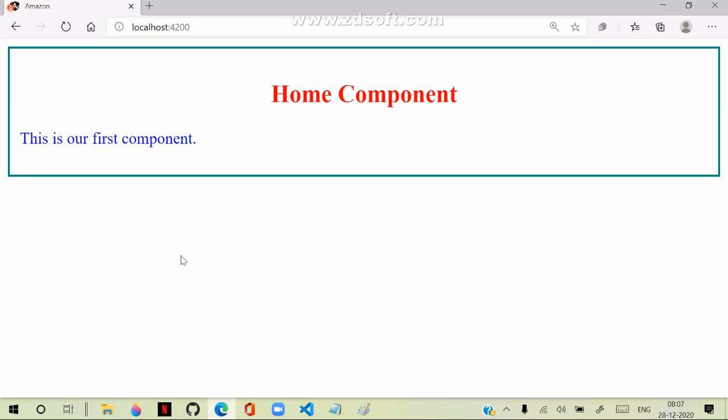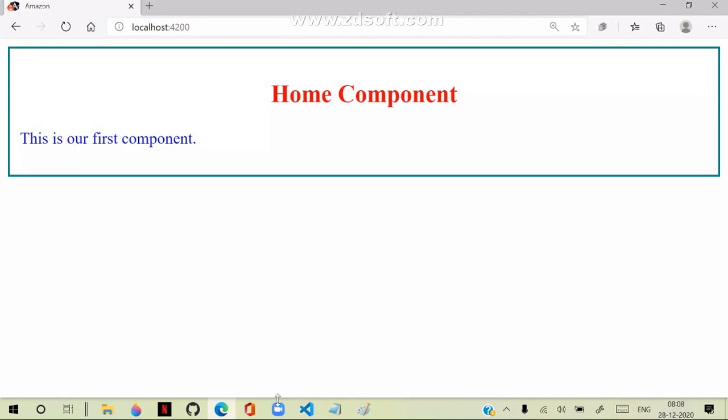You can add global styles in the styles folder, in the styles.css file, which will affect all components. If we want it only for a specific component, then we design this and use it for that component. This is the basic approach of how we can design our own component.